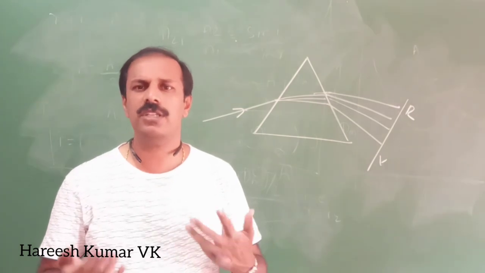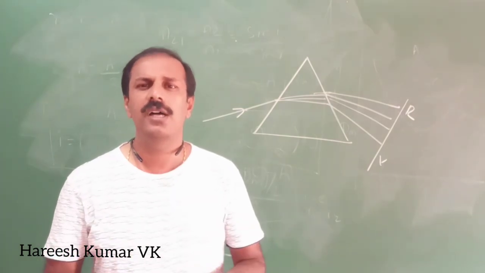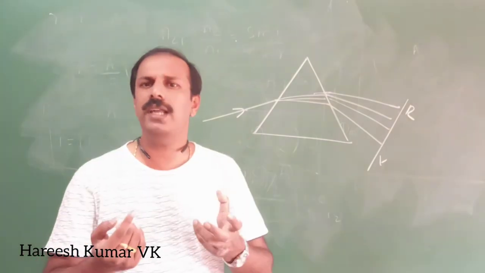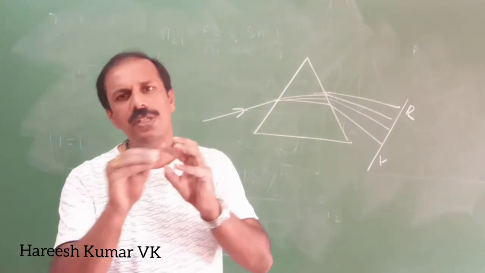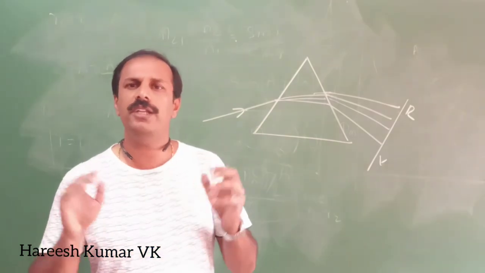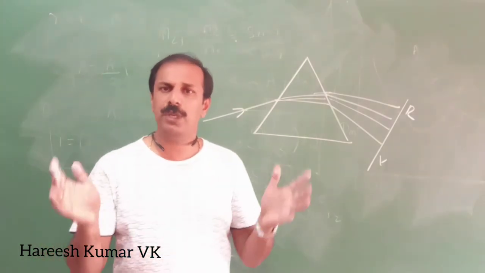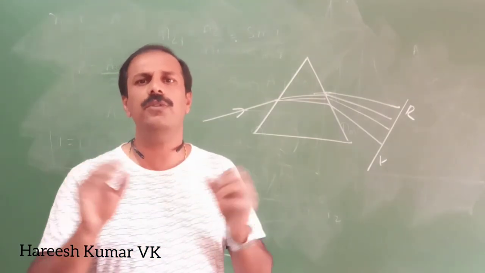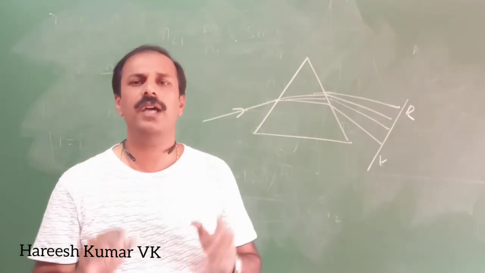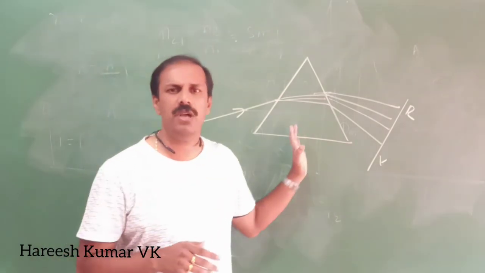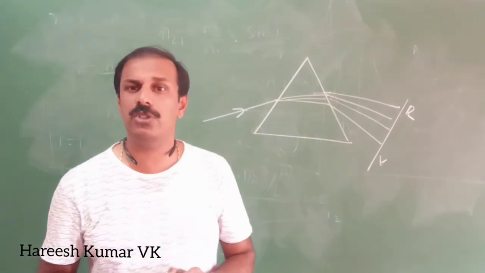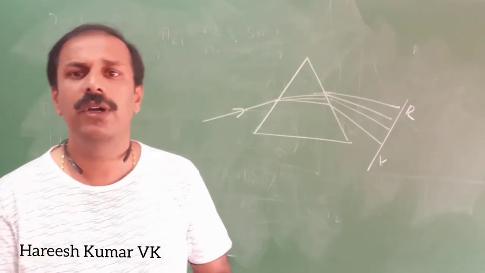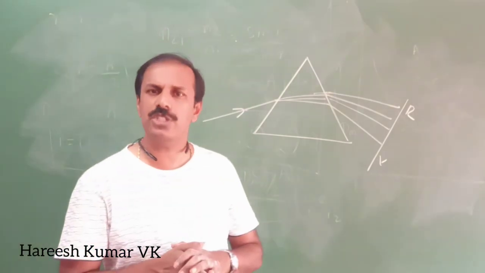In 10th standard you studied it will split into 7 colors. It will split into 7 colors if it is sunlight. If it is not sunlight, if it is a combination of 2-3 colors, then it will split into that many only. So when light is passing through a prism, it will split into its component colors. According to how many colors it has, it will split. So I think the details about this prism, the calculation and dispersion are clear. Dispersion means splitting up of light into its component colors.